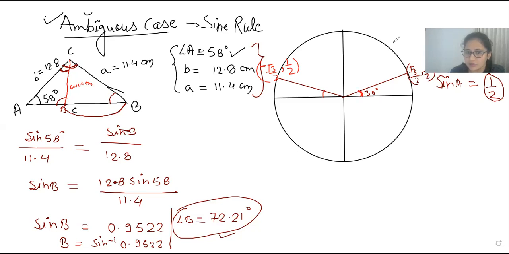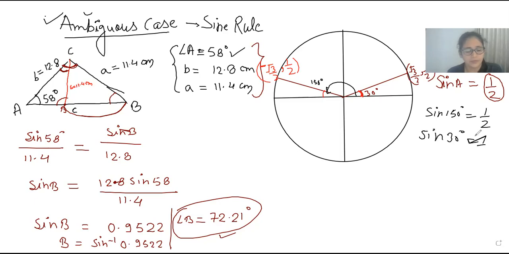And from here to this one, that is equal to 150 degrees. That means sine 150 is equal to 1/2, and sine 30 is also